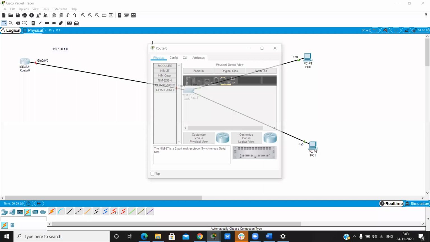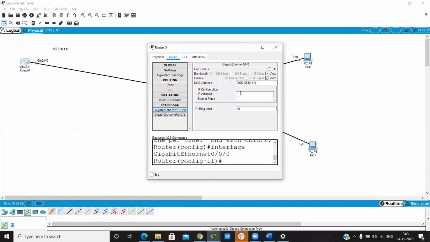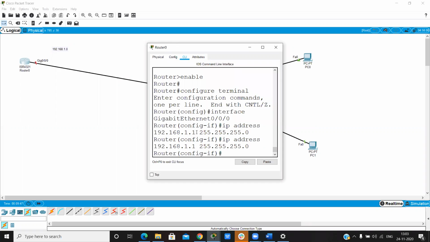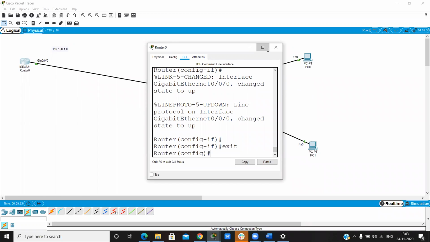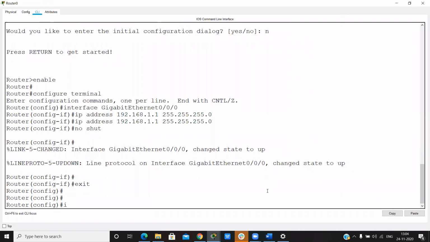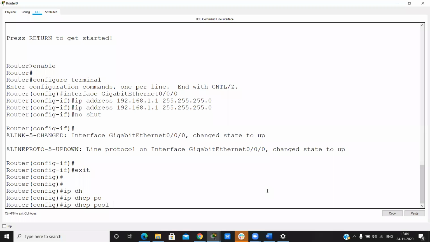So firstly, we have to configure the IP address 192.168.1.1 on the router, and then no shutdown, and then exit. Now we configure the DHCP server. IP DHCP pool. We can give any name to the pool, so I can give graph.